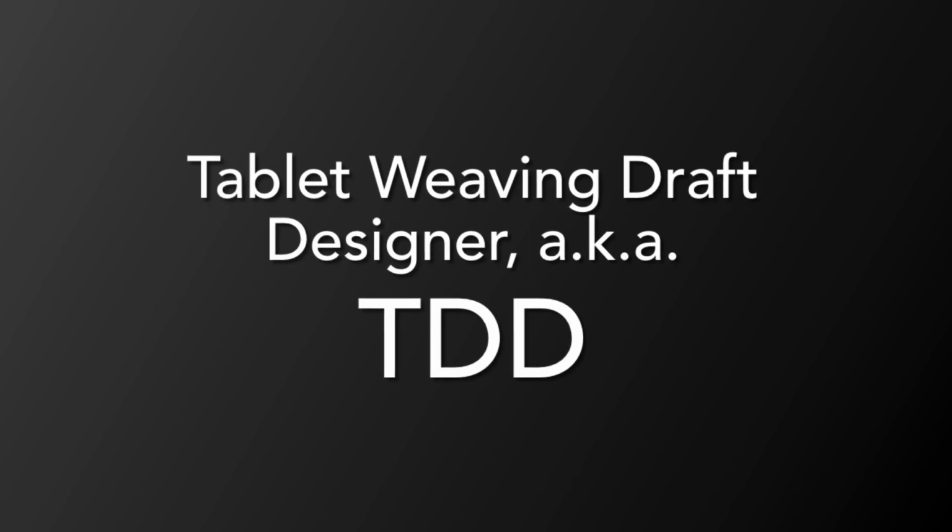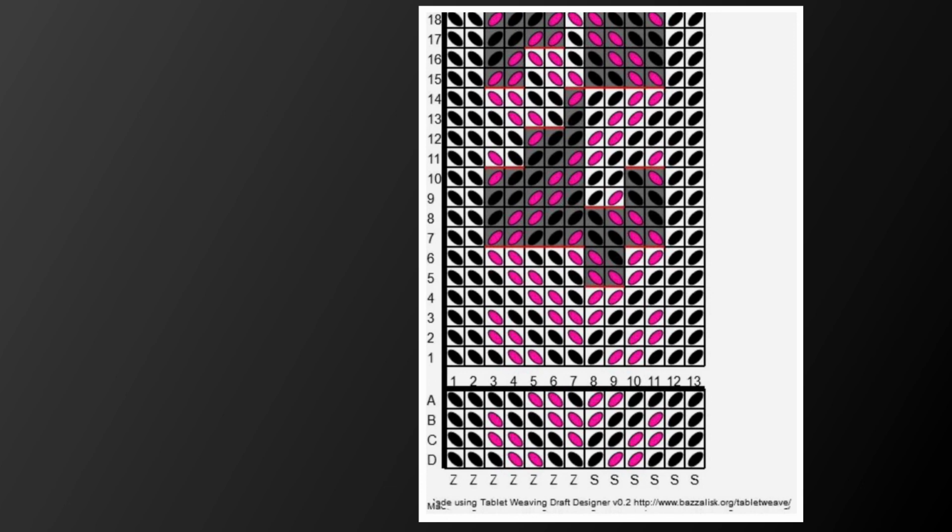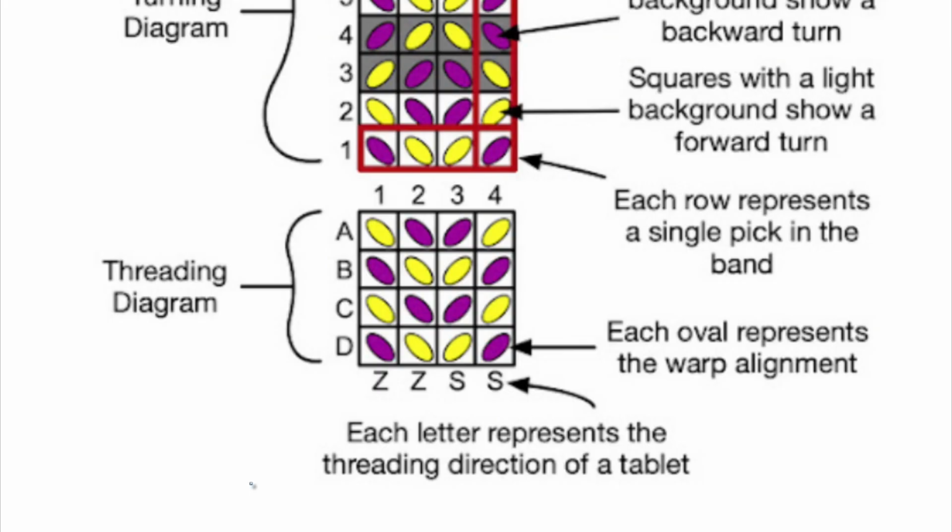Next up is Tablet Weaving Draft Designer, and this one also has the slanted ovals and a white background, and sometimes it will say the website on the bottom of the page. This one talks about S and Z threading, and that means the direction that the thread is going through the tablet. When we look at the threading diagram,